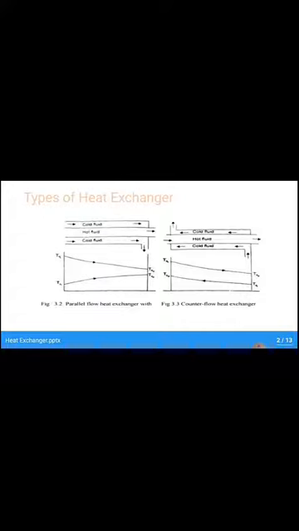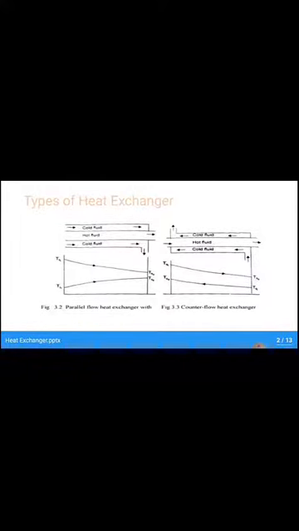Similarly, cold fluid is also flowing from left to right, so TCI, the temperature of cold fluid at inlet, increases because it absorbs heat from the hot fluid, and becomes TCE, the temperature of cold fluid at